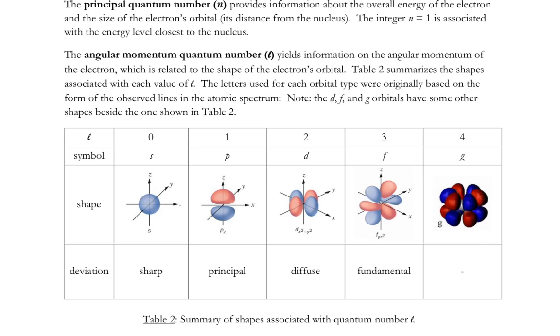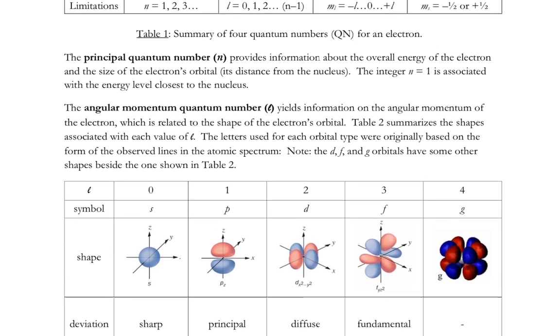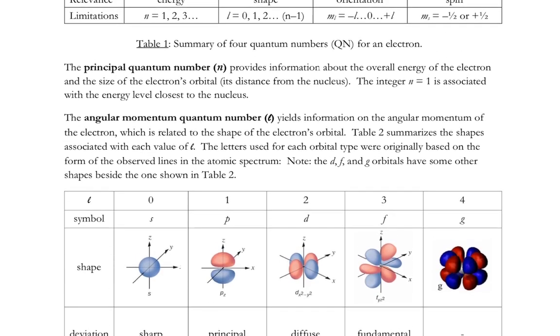Alrighty, so l takes on values from, as we see in our limitation up here, 0 on up to n minus 1. So when n is 1, l can only be 0. When n is 2, so we're a little farther from the nucleus, l can be 0 and l can also be 1. So there's two types of shapes within the shell n equals 2,